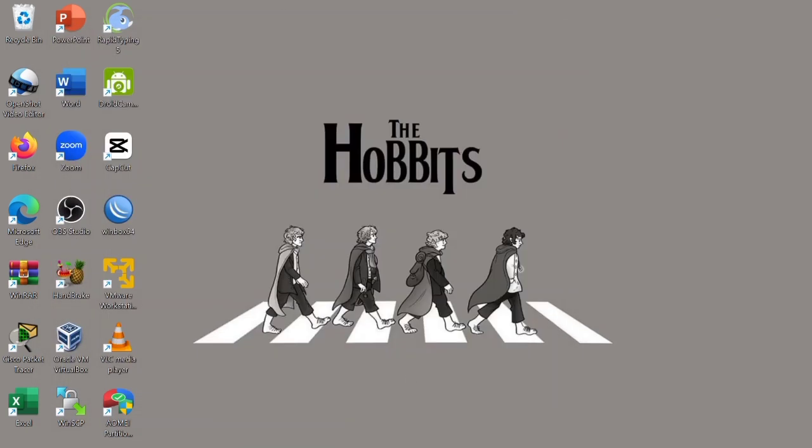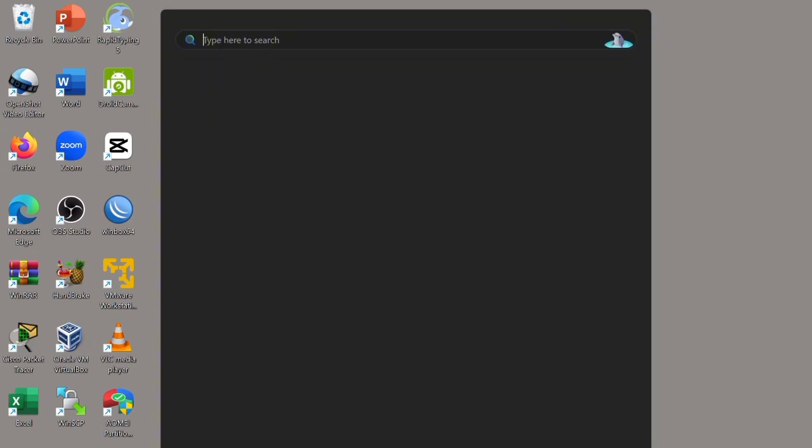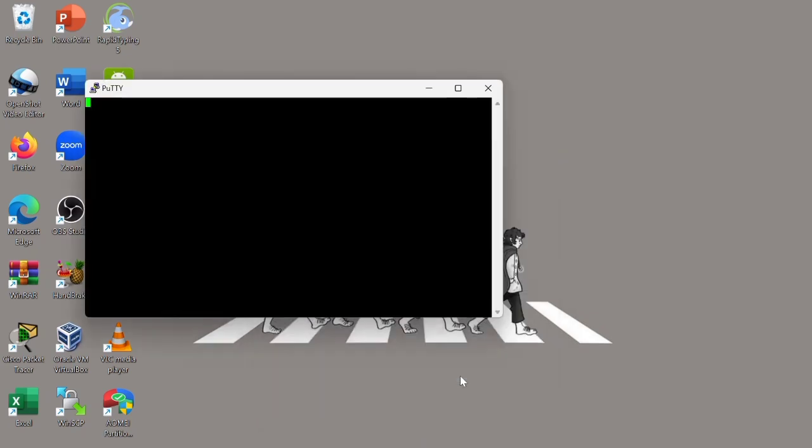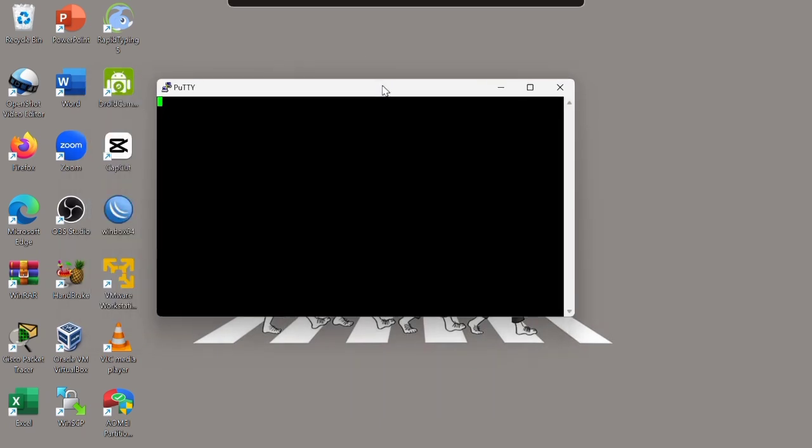Now I want to configure routing for router 2, and I use PuTTY and use COM4 to connect to the router.